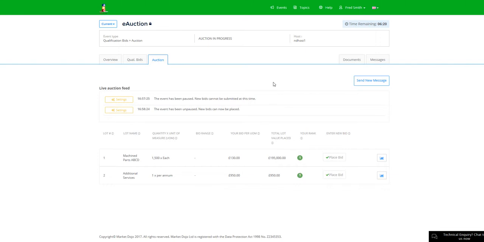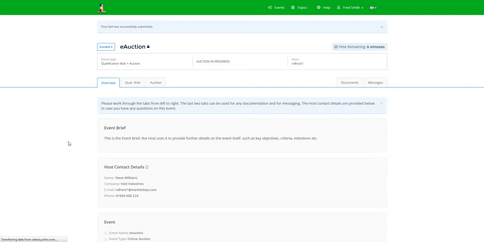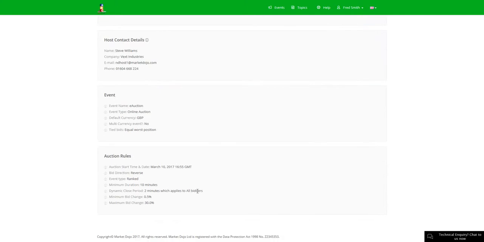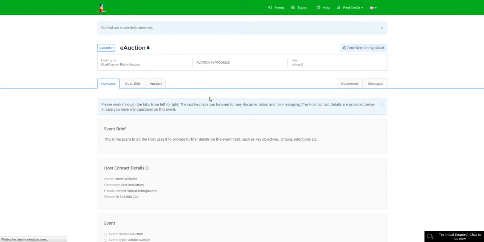Sometimes you have a facility where the auction clock will extend if bids are placed towards the end. You can sort of remind yourself of the rules by going to the overview and see what is being applied here. So in this case we've got a 2-minute extension which applies to everyone. So if a bid is placed in the final 2 minutes, the clock will reset to 2 minutes remaining to give everyone a cool-off period. And so if we go back to the auction,